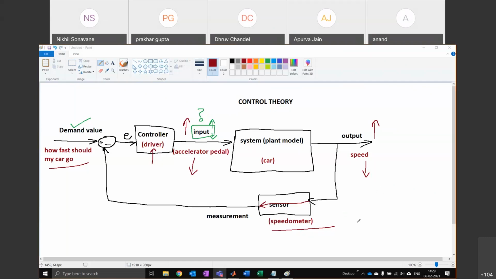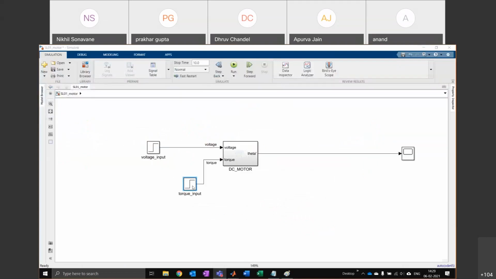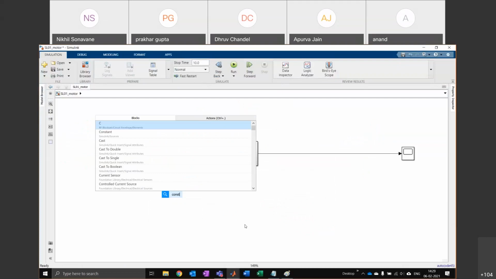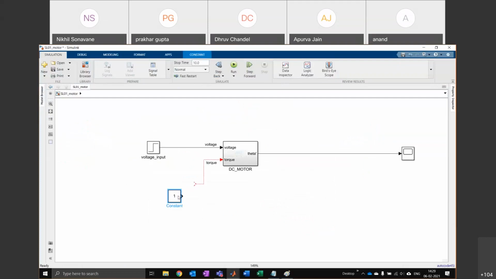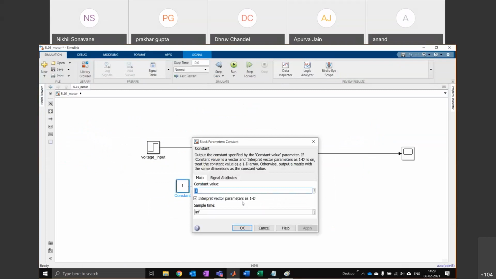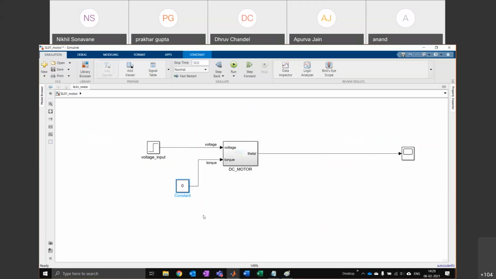All right. So let's try to figure out how to control our DC motor in this case. So we're going to go back to Simulink. This, by the way, is a disturbance. So we'll deal with this later. Right now, I'm just going to set my disturbance torque to 0. So I'll delete that step block and I'll just put in a 0 signal to my torque. One of the things your control system can do is it can actually reject disturbances from outside.